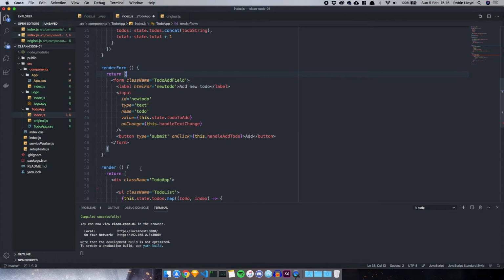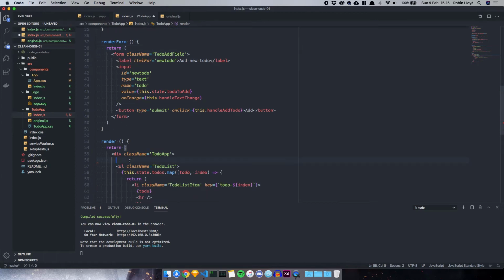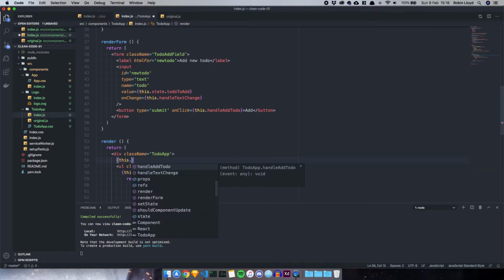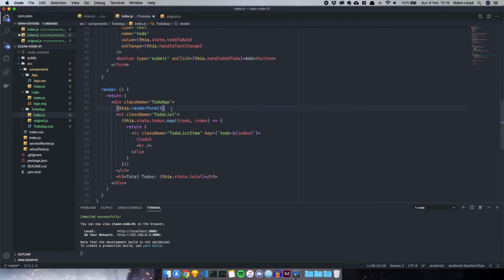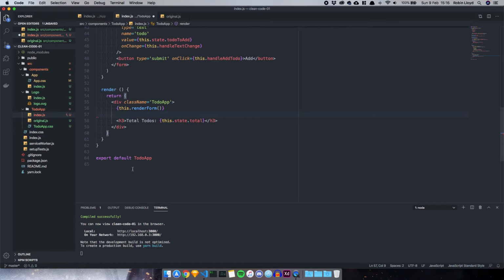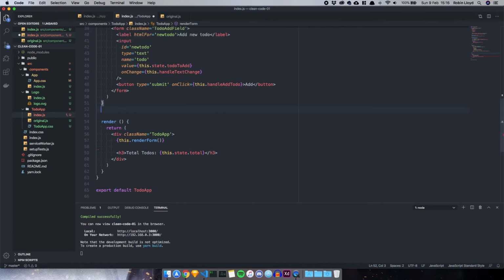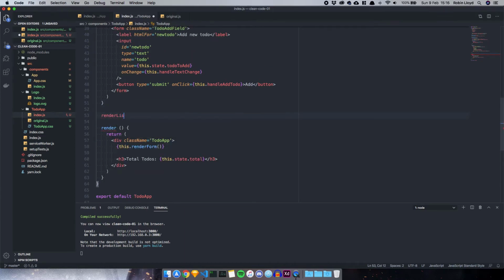That's its own section now. So here we do this dot render form, and then the next section we've got is the list, which we can then put in its own render list